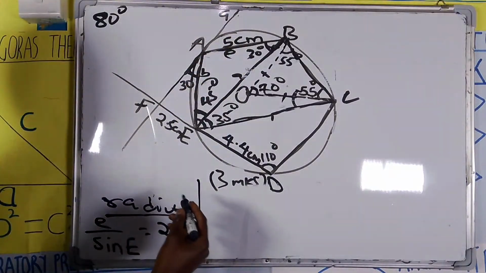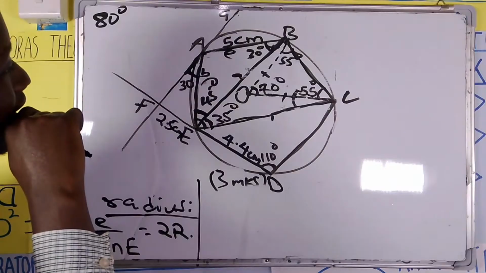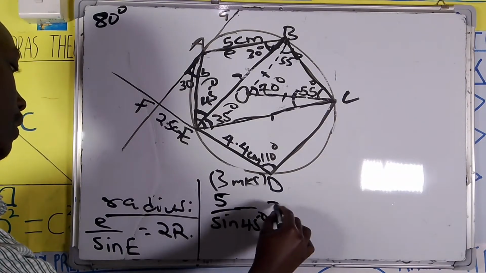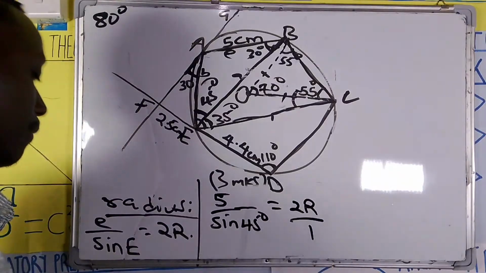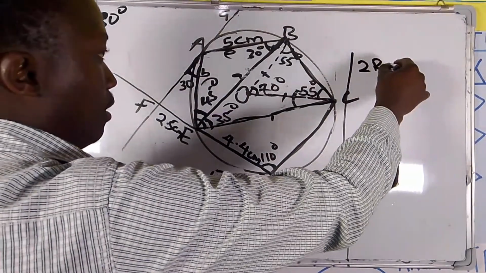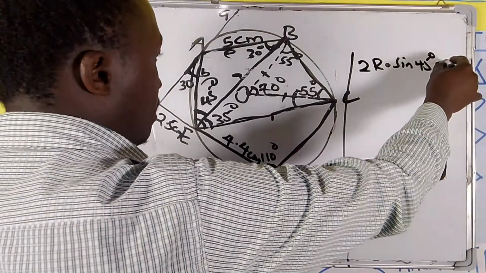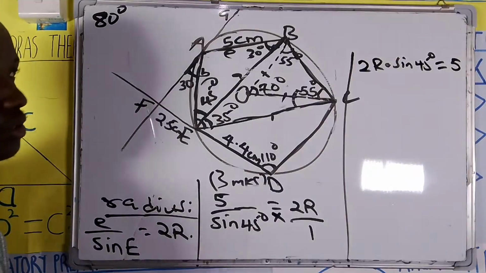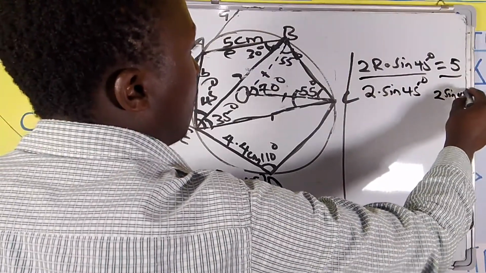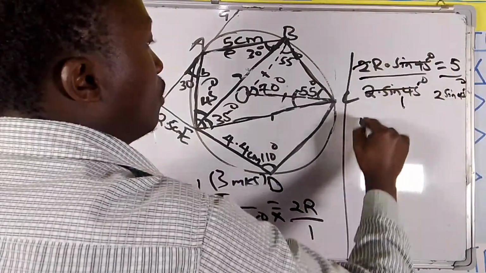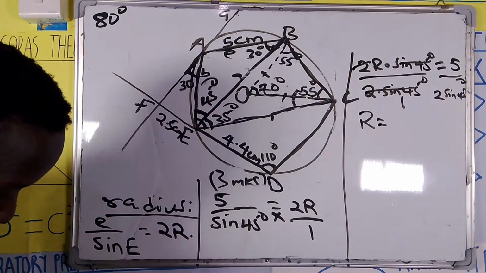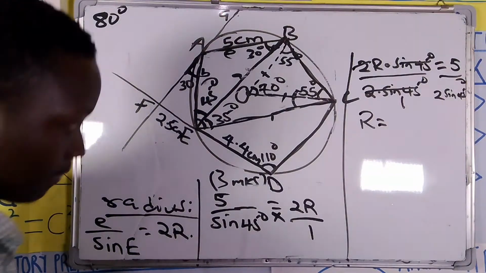So our a is 5 over sine 45 is going to be 2r over 1. So we cross multiply and get 2r times sine 45 degrees is equal to 5. 5 times 1 is 5. So we will divide both sides by 2 sine 45. So hiyo itaenda, tubaki na r is, what is 2 times sine 45? Then 5 divided by the answer, it will be